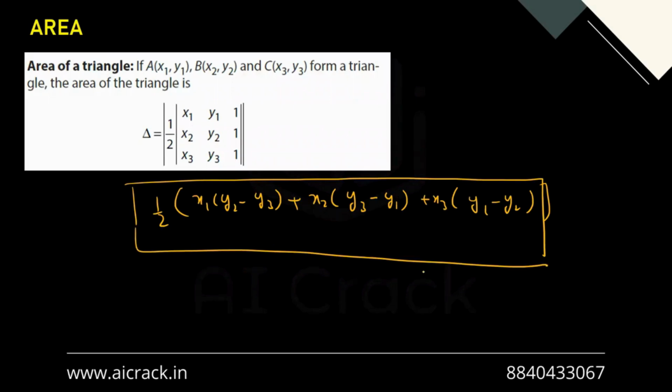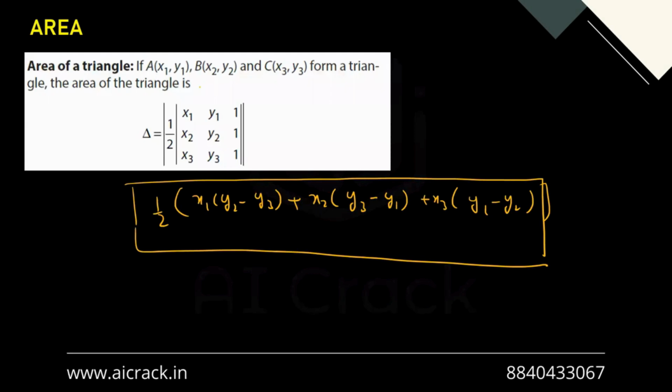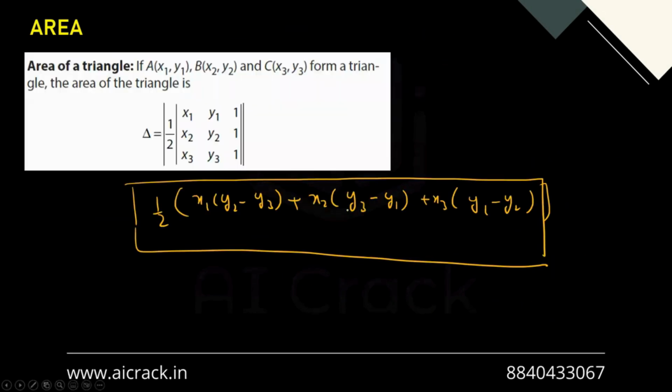Now one thing over here, sometimes what will happen, we have derived this formula by considering these points as cyclical, by placing them at the right place, right? x1 y1 is this one, x2 y2 is this one, x3 y3 is this one. We have derived this formula with this particular orientation. Now sometimes you'll be given some points but you'll not arrange them cyclically, and you'll misarrange them. In such a case, we'll get the answer as negative. There won't be any calculation mistake over there, but you'll get the answer as negative only. So you have to take the modulus of this entire expression,